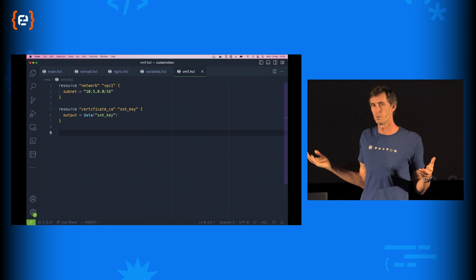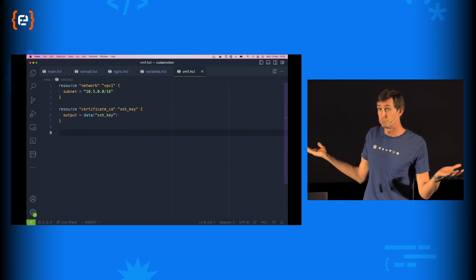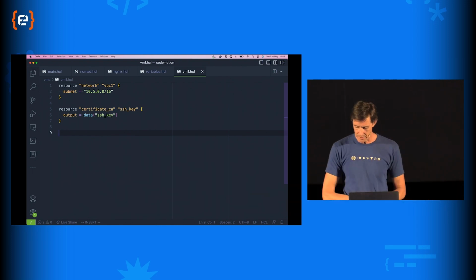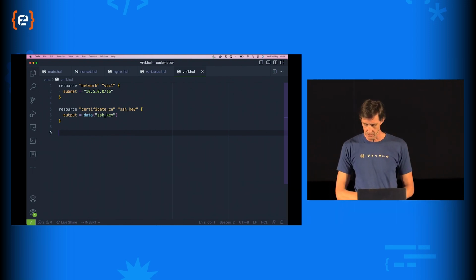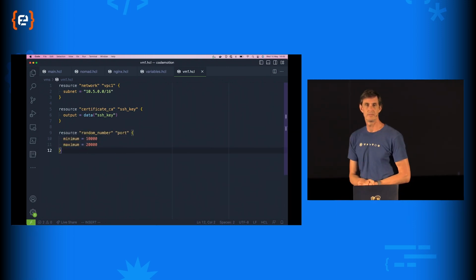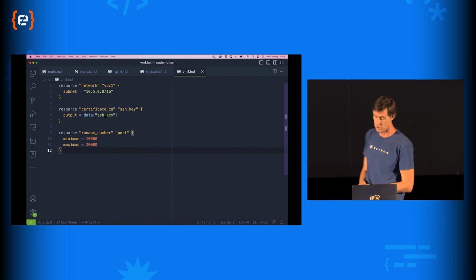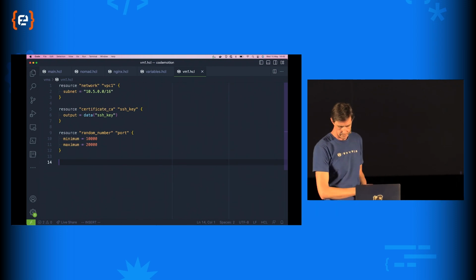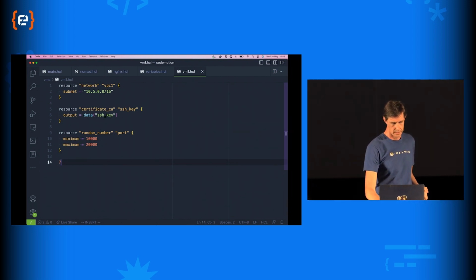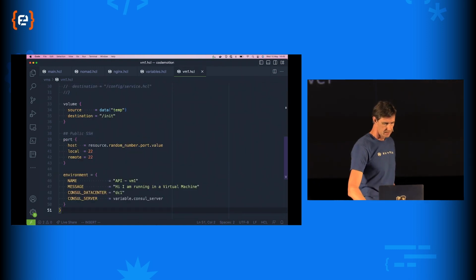How do I know if that port's going to be used or not? It's a good question, right? You could have something running. So the way that I generally get around this is just to use a random port. In JumpPad, we've got this resource which allows us to generate random numbers, and we're going to use that to generate our port. And then finally, we can start to look at our application.